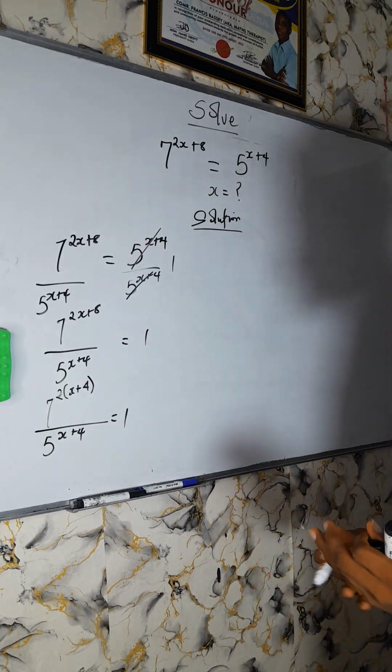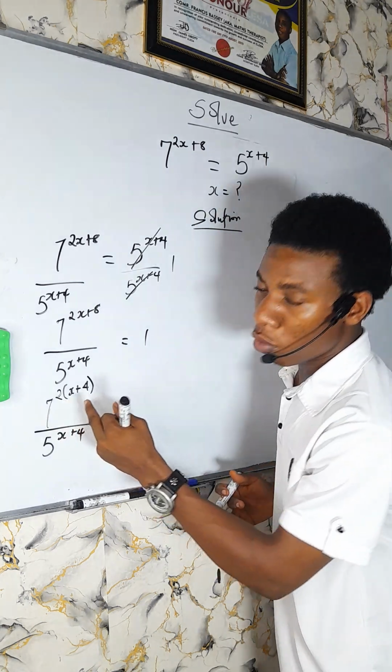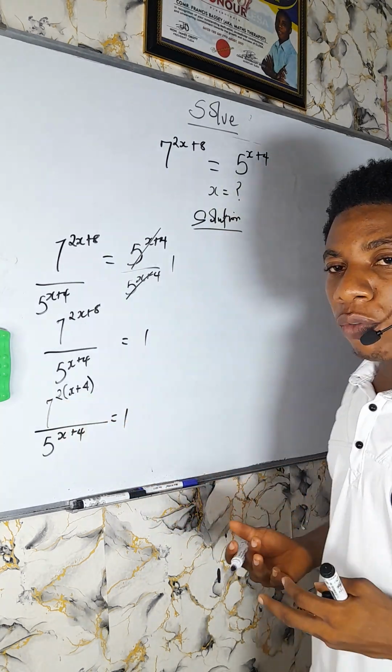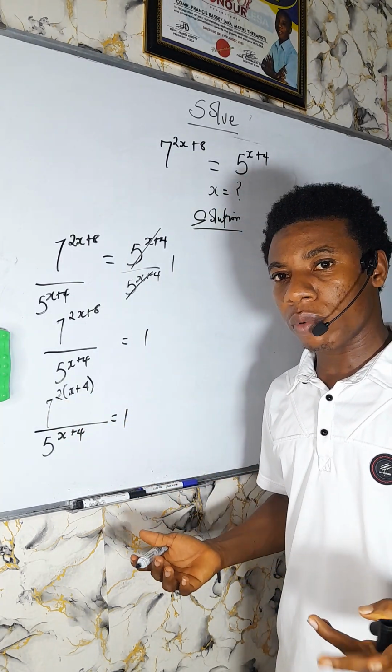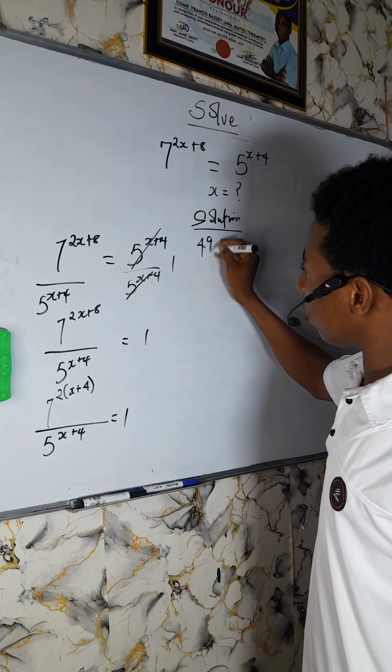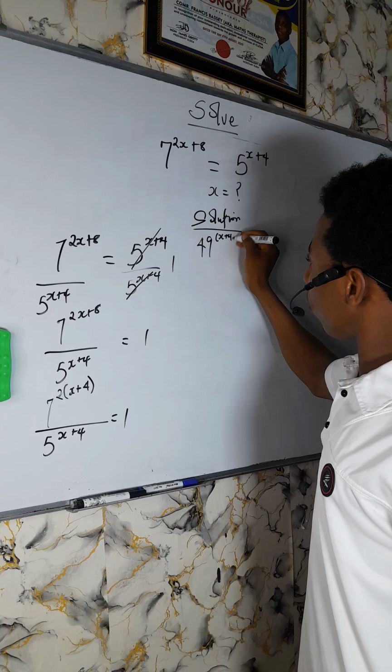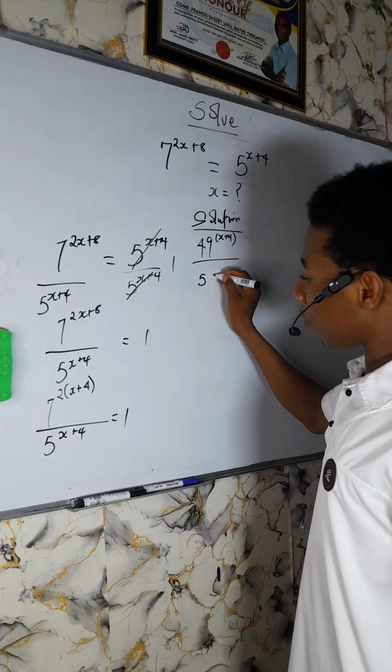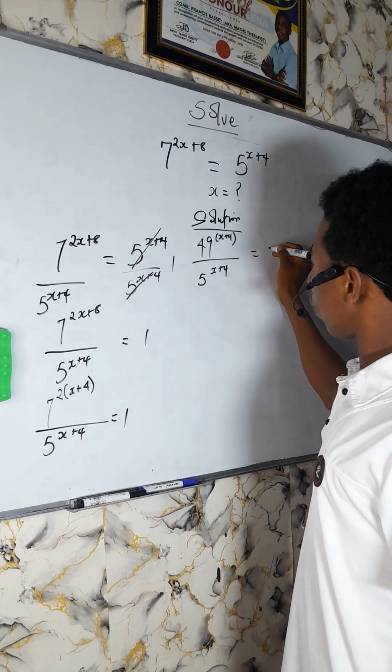So what's the next thing? You'll see that 7 is raised to the power of 2, and 7 raised to the power of 2 is just 7 times 7, which is 49. So we have 49 raised to the power of x plus 4 all over 5 raised to the power of x plus 4 equals